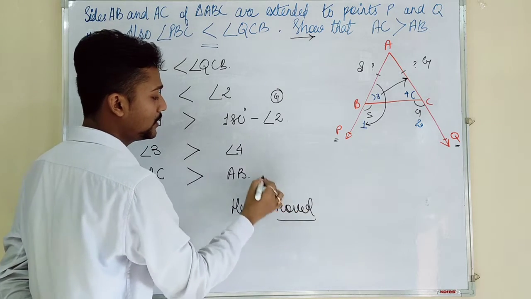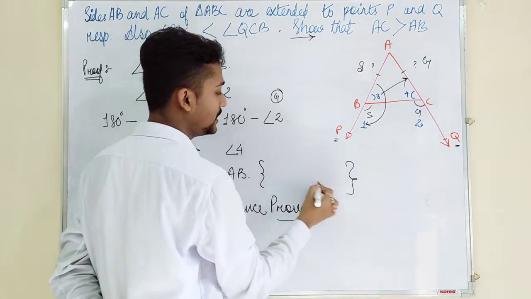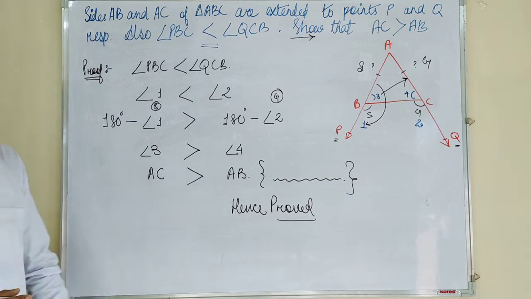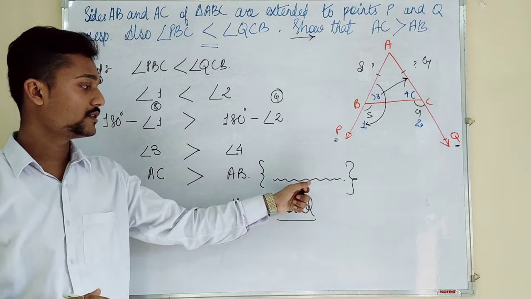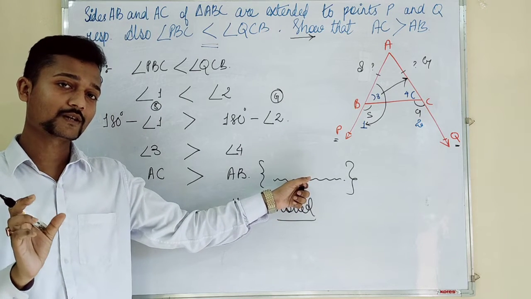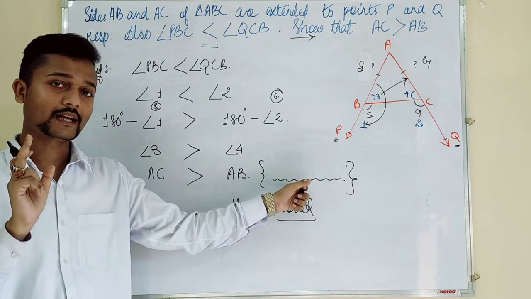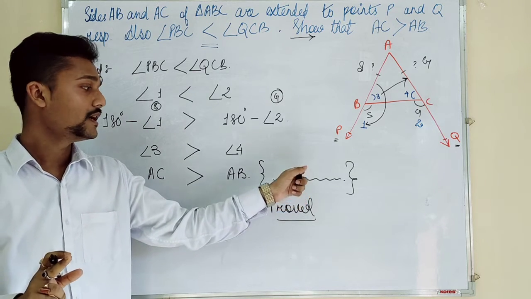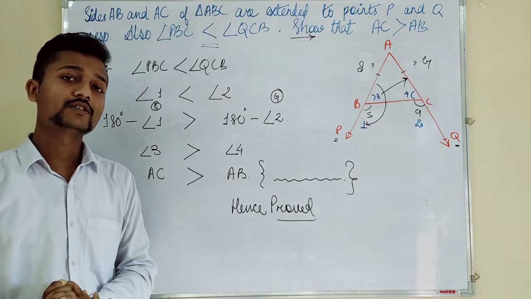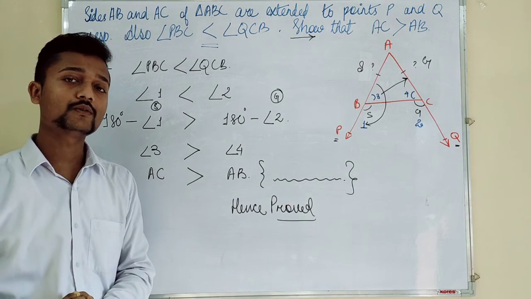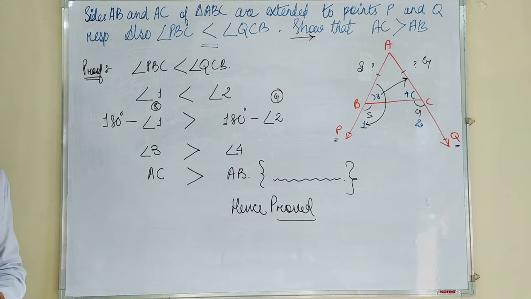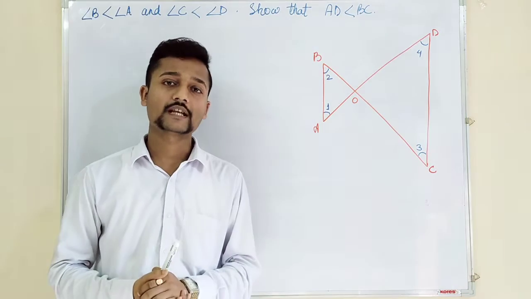Okay. So what will be the reason that you have to put here? There is a theorem which we have already seen, and that particular theorem will be here. Which theorem you will put here, I leave it up to you. Go through your NCERT book, whatever is available with you, and try to find out what reason will be appropriate to put here. For the time being, you note it down. Then we will move on to the next part. So be quick. Now we come to the next part of the question.